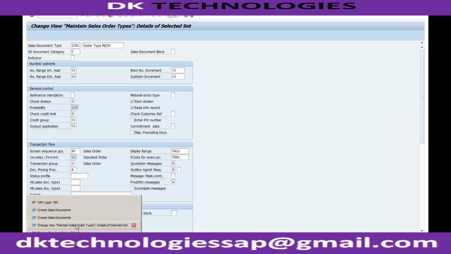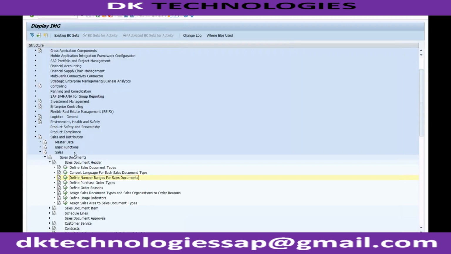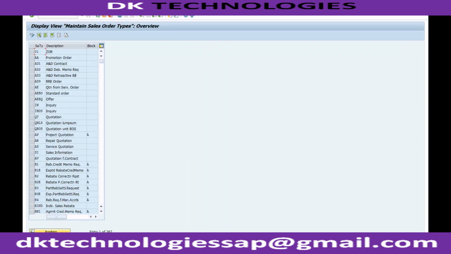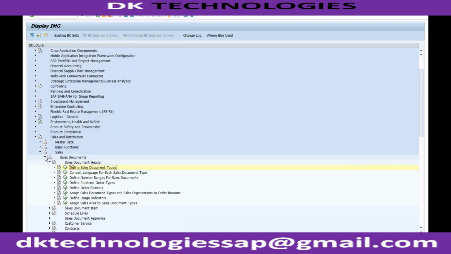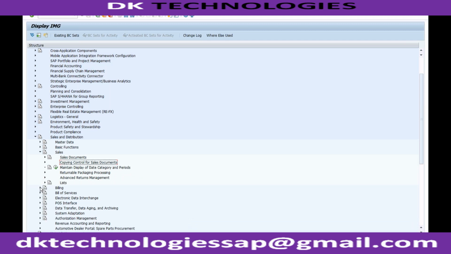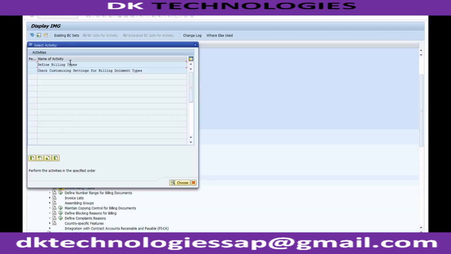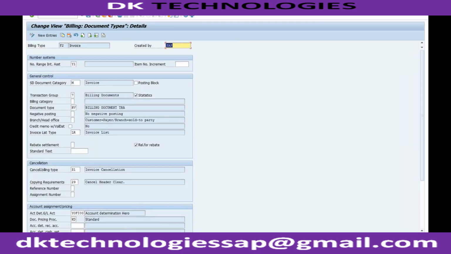Okay, so let me show you one more thing. If I just go back, and I want to show you the document type which is related to billing, okay, which is F2. It is not showing here because that information will come under the billing. Let me show you that one. So that information you will be able to see under the billing related information, billing documents, and define billing types. Okay, so if I go here for F2, which is invoice, if I double click on this,